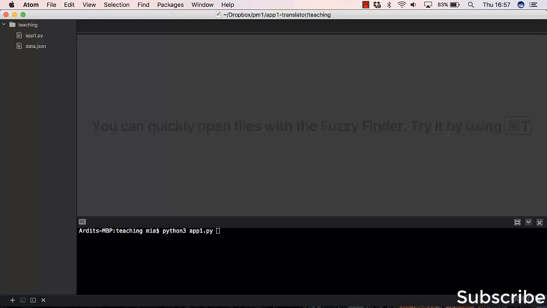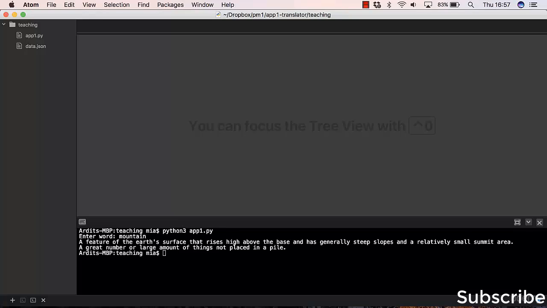app1.py is a script. So the program asks you to enter a word which you want a definition for. For instance, let's say mountain. And so you get the definition for mountain, and in this case it happens to have two definitions. So a mountain is a feature of the Earth's surface that rises high above the base. And also mountain has another meaning, which is a great number or large amount of things not placed in a